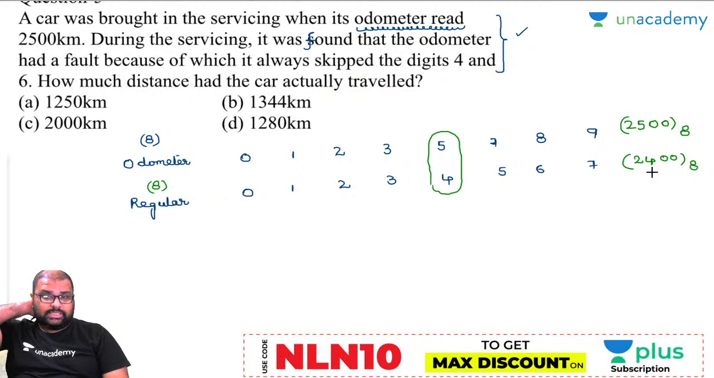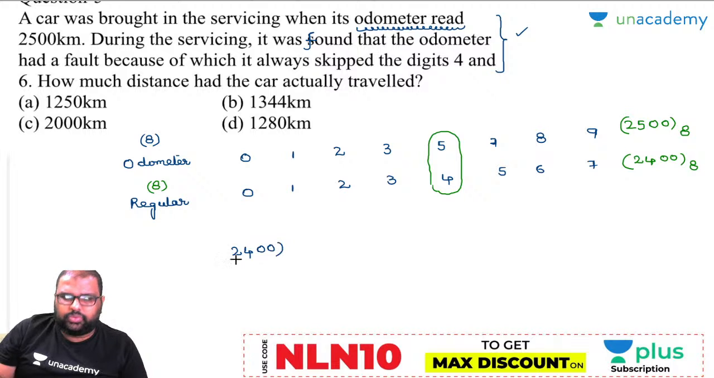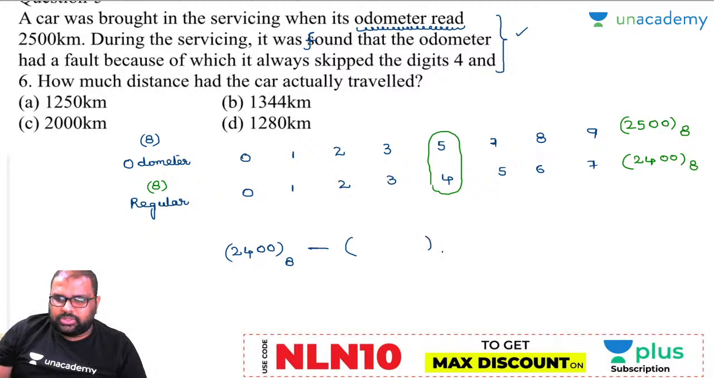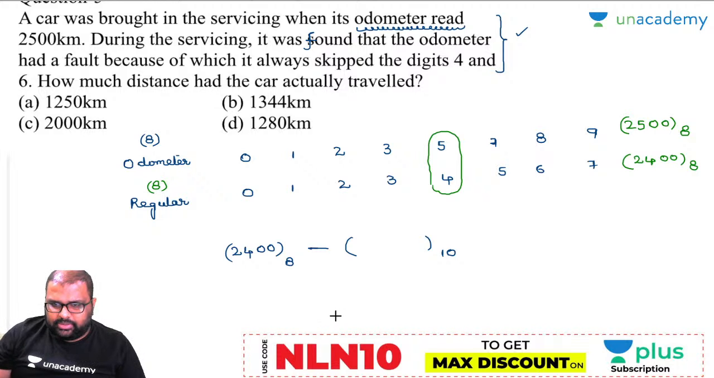Now, how much distance had the car actually traveled? The question asked is to convert this base 8 to base 10 decimal system, so that you can know how much distance it has actually traveled. Everybody knows, in logic gates you have solved these base system questions very easily. So how to convert base 8 to 10? Start from the unit digit: 0 into 8 to the power of 0, plus 0 into 8 to the power of 1,